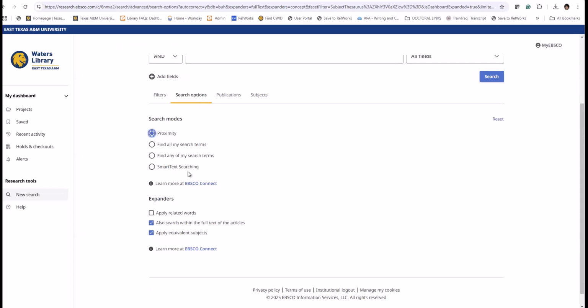Sometimes this smart text searching works, especially whenever we have exact subject terms, like accounting, finance, or marketing, and we add them with Boolean operators like and, or, and some others.